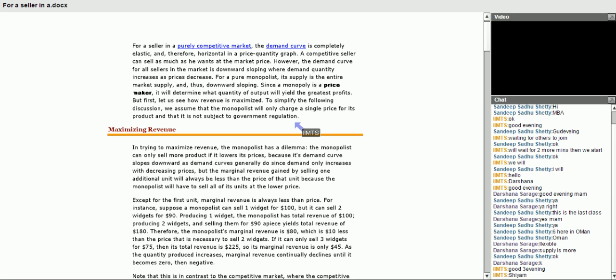Okay. So this green line indicates the market demand and this red line indicates the marginal revenue. You can see this is the revenue and cost and this is the quantity. So when he is selling one unit,